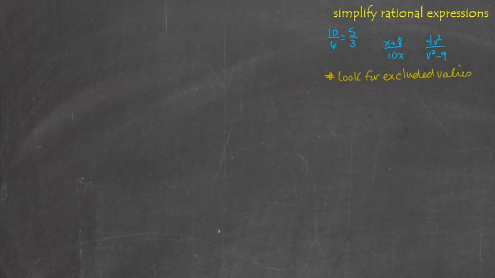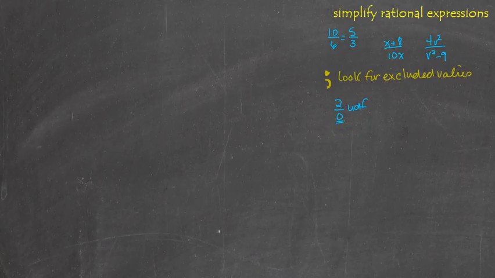And what that means is super duper important. In fact, I'm going to change this symbol, because the symbol I always use is a giant fat semicolon. It's sort of like, okay, we're going to have to look for those excluded values. Super important. So what is an excluded value? Well, if I wrote the fraction 2 over 0, you would know immediately that's undefined, because you can't ever have